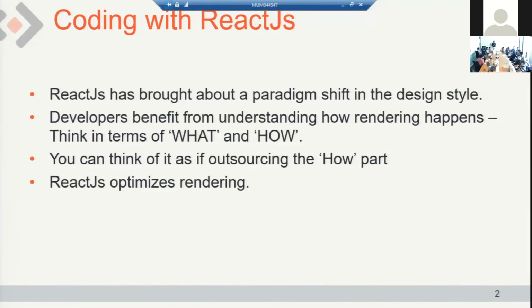Second, outsourcing the how part, right? React.js optimizes rendering. Does anyone here have an idea or at some point have